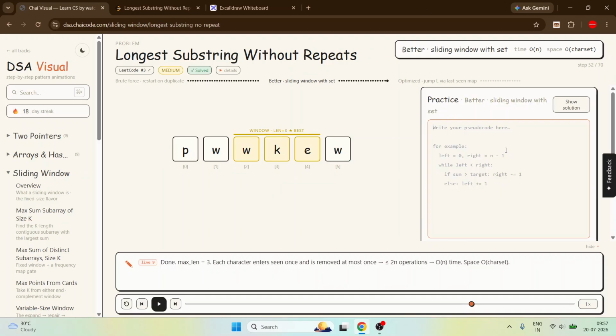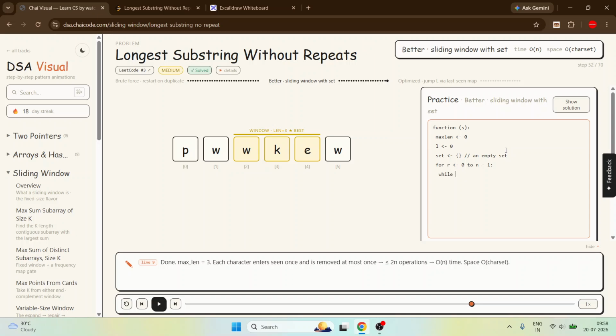So let's write down the code. It is nothing but a function. It will take S, take max length, which is our final answer, starting from 0, and L, which is starting from 0. Set, take an empty set. For R starting from 0 to n minus 1, till the last index from the start,